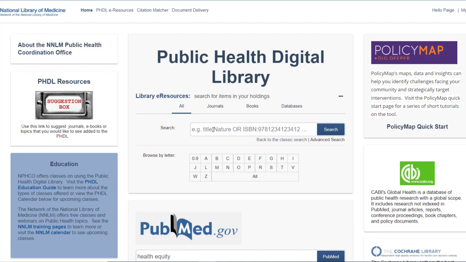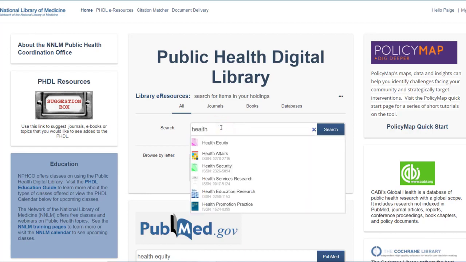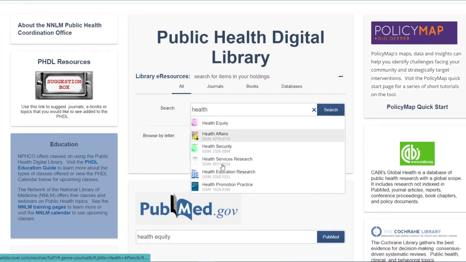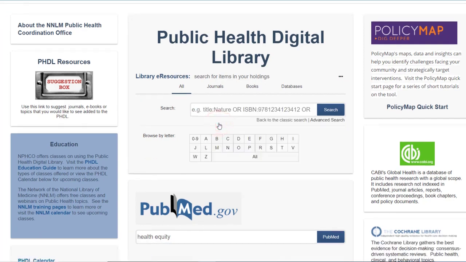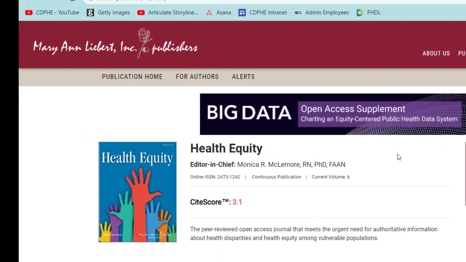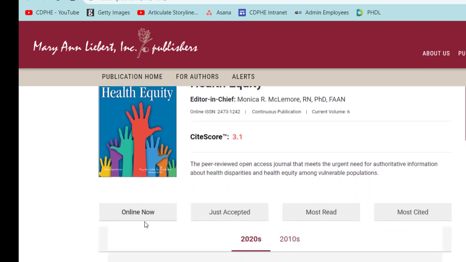Looking now at the EResources Library, put a topic in. I'm going to choose the topic of health, and you can see all the different articles that have come up under that health term. I'm going to pick health equity, and it'll take me right to the article health equity, to the publication, where you can see what's online now,